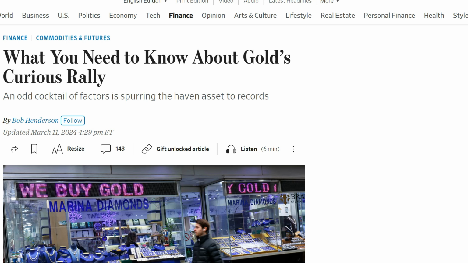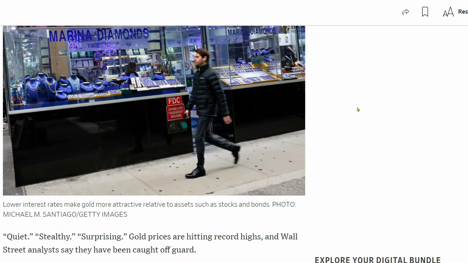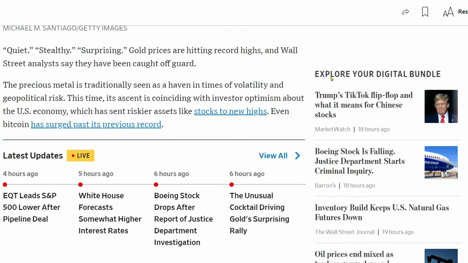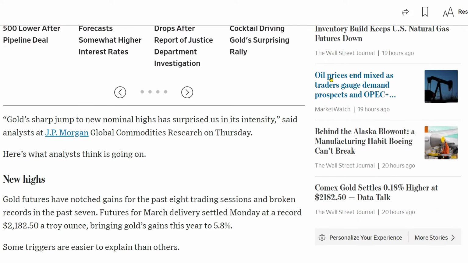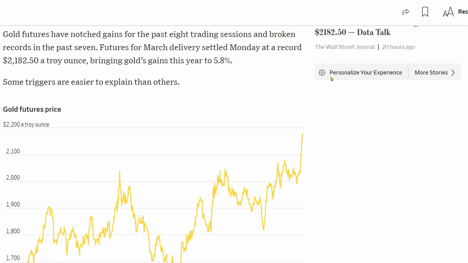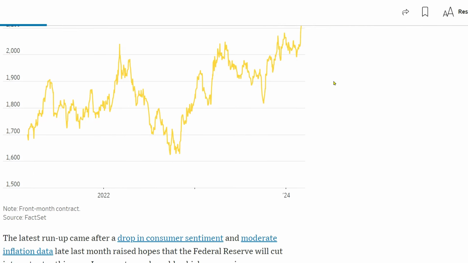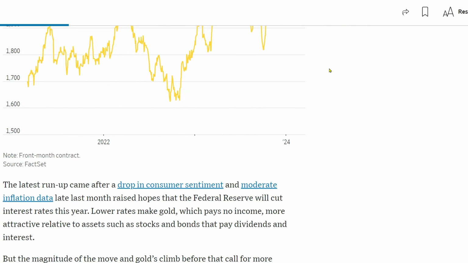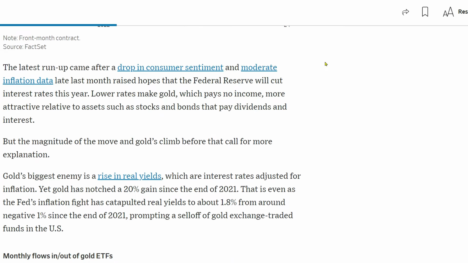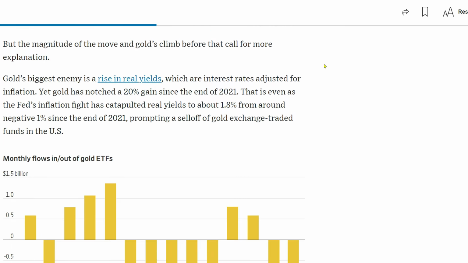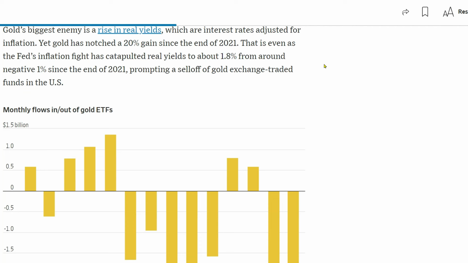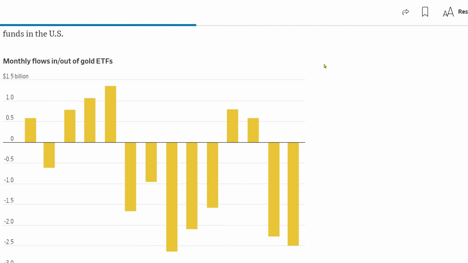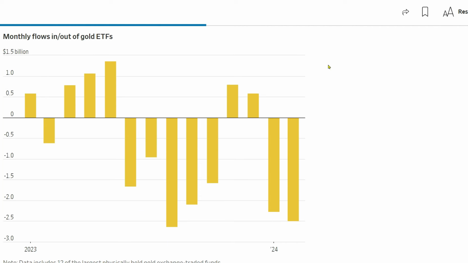And with gold, it could also be a case of a bit of a flight to safety, maybe a bit of early repositioning for a potential rotation out of risk assets, a bit of worries about geopolitical tensions, increased buying from central banks around the world trying to get off the dollar. And so the higher gold and Bitcoin go, you could kind of think of that as an attack on the US dollar, to which the US government might actually bite back and try to defend the United States' most important asset. And that's the US dollar being the dominant reserve currency around the world, which really gives the States a lot of advantages and leverage over other countries, especially with issuing sanctions to help influence other countries' actions and policies,